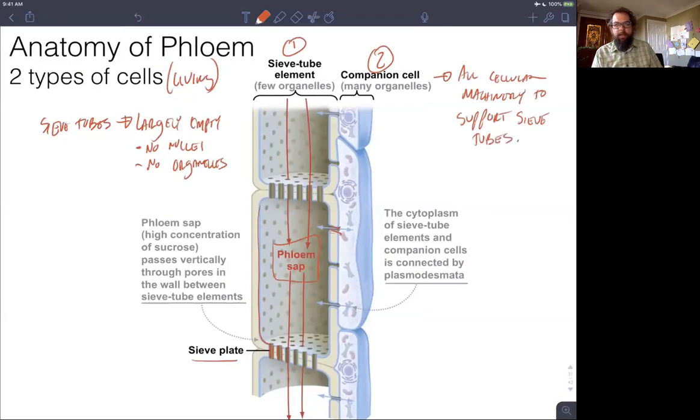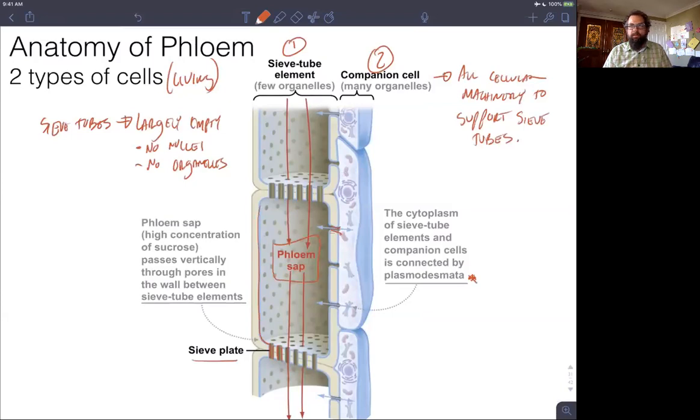So this is where the nuclei are, the chloroplasts, the mitochondria, the different organelles, all of the stuff that those sieve tube elements need to be living cells are in the companion cells. And then these companion cells are connected by plasmodesmata to the phloem sap. And that's really important because, as we'll see, you need to move those sugars from sources through companion cells, so through the phloem companion cells